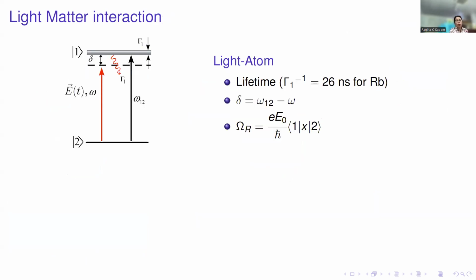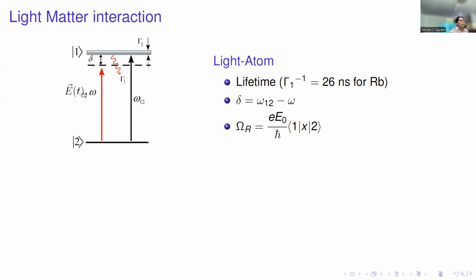How am I going to do individual control? What I'm drawing here is a two-level system, with the ground state represented by 0 and the excited state represented by 1, with an energy separation proportional to omega 1, the difference between the frequencies. I send another laser light which has an intense electric field E(t) and frequency omega. I can tune the parameters of my laser light, because I am the one sending this light. I can control my lasers, so I can control my detuning.